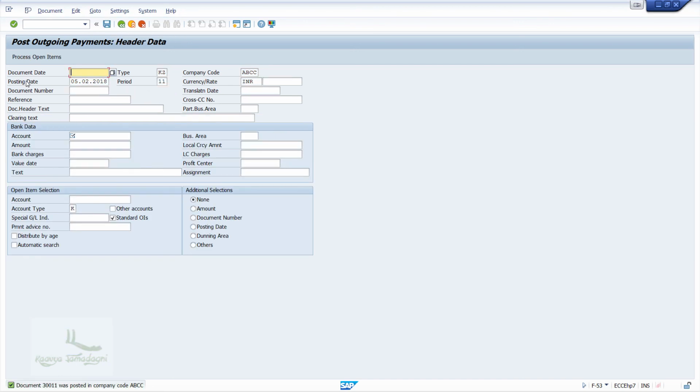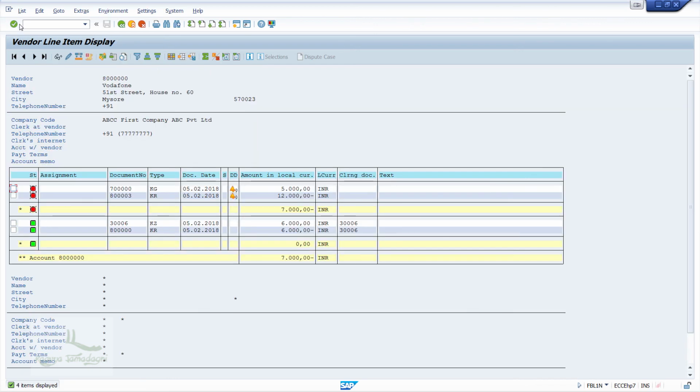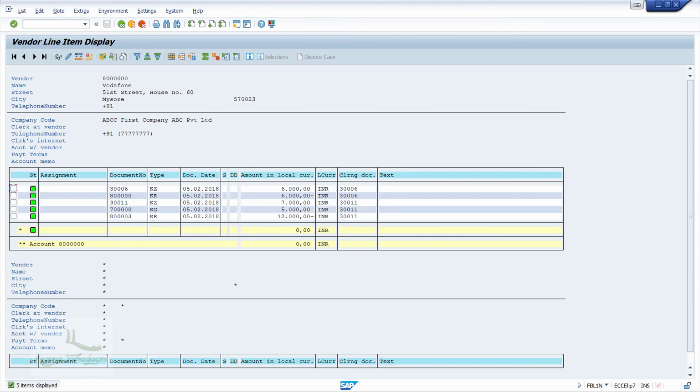Now I'll switch to the FBL1N screen, go to List and click on Refresh. All the open items are cleared here. The open items will be cleared in FBL3N as well.